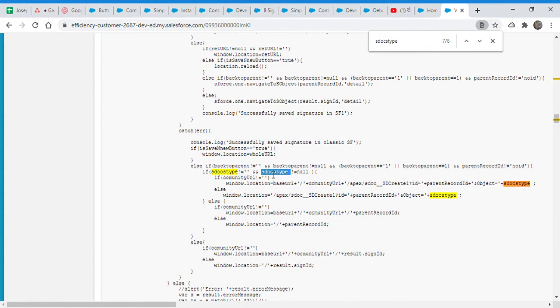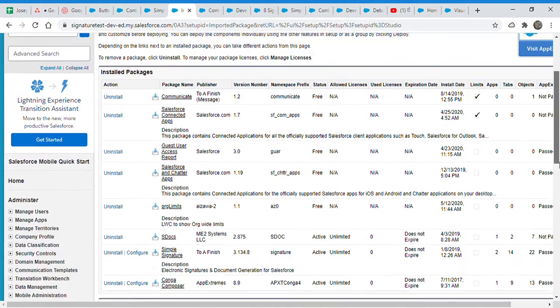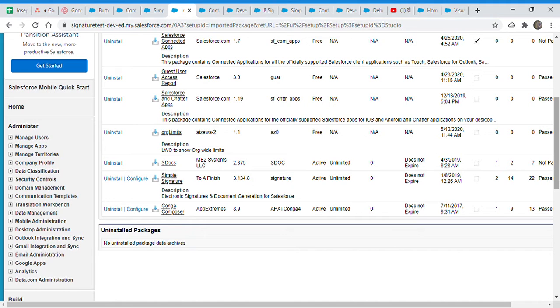Because at the time I'm not sure, I don't remember. So the subject type is right here. The first thing I tested is I disabled the synchronous part so that I see that it's working for the batch. So it will work in the version you were testing, 3.134.7.